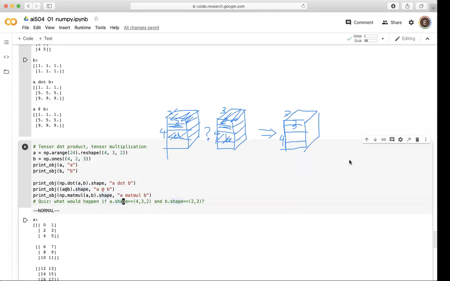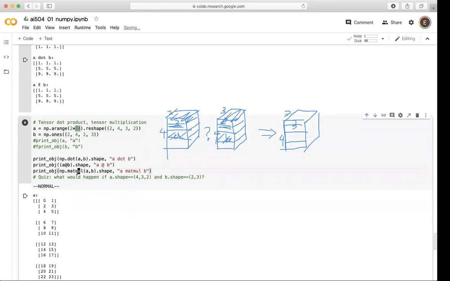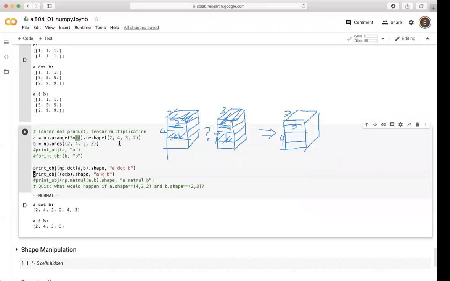How does a tensor work in the four-dimensional case? It's exactly the same thing. For example, let's say you can just put 2 here and then go 2 times this. And this becomes 2 by 4. So this is a 2 by 4 by 2 by 3 matrix. And then you do np dot and add. Let's see what happens. So this becomes 2 by 4 by 3 by 2 by 4 by 3